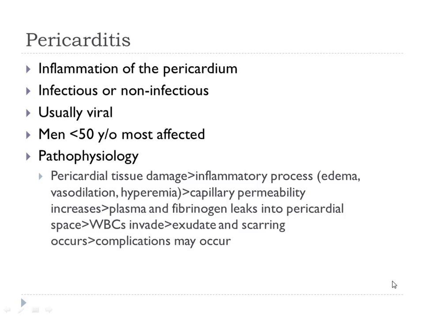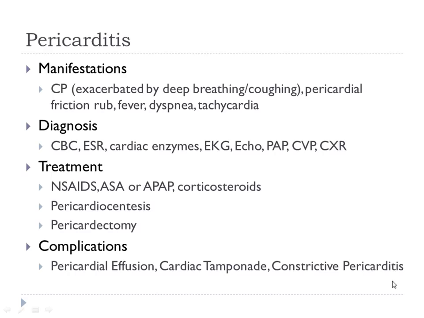The pericardium is meant to be very flexible and move as the heart pumps, right? But it gets stiff and fibrous, so it can prevent the heart from moving like it's supposed to. And that's how it would cause decreased cardiac output. It can't expand like it should. So this person will have chest pain, which is exacerbated by deep breathing and coughing. Okay? Because you're pushing against that stiff pericardium as you're taking a deep breath.